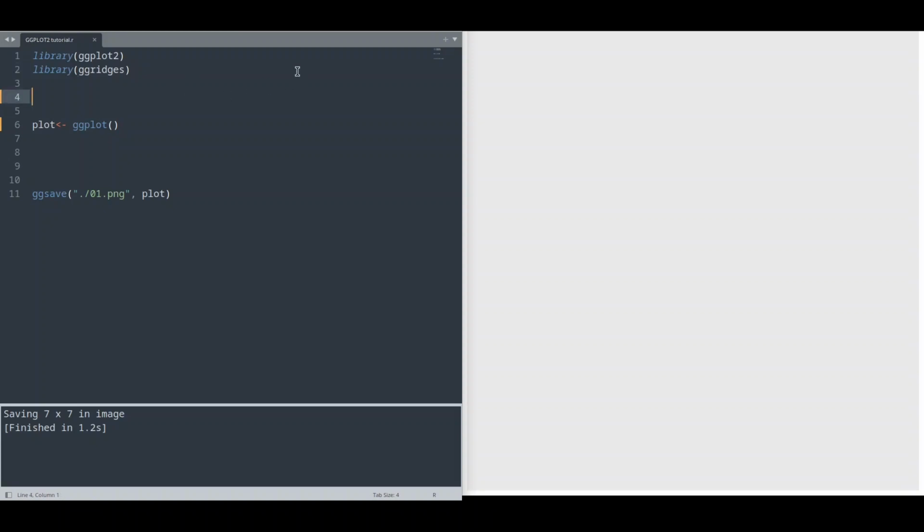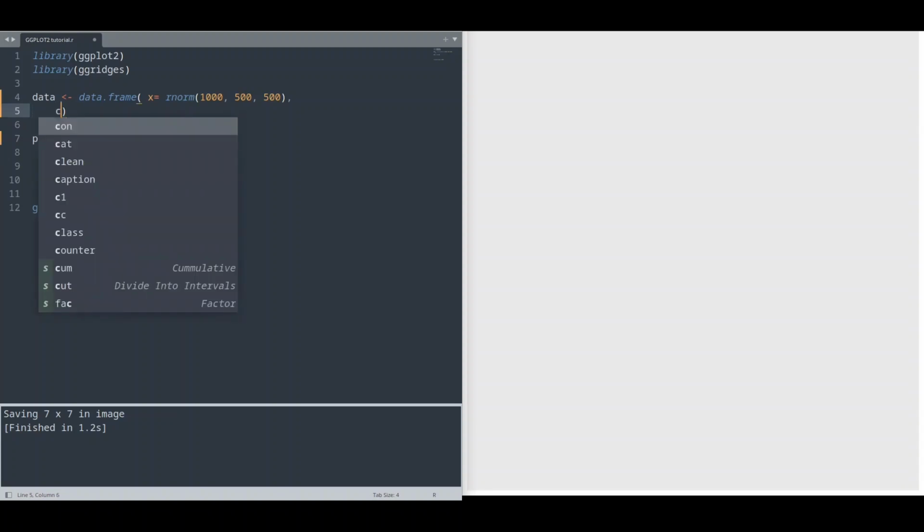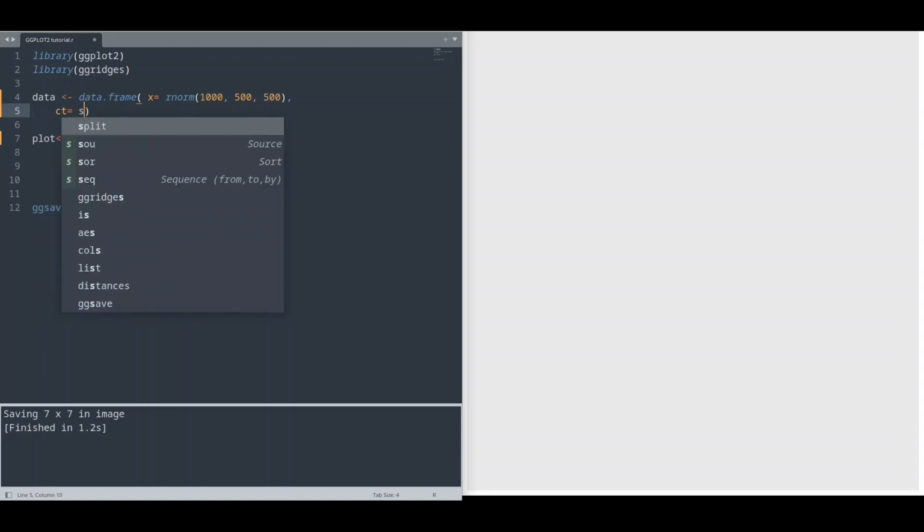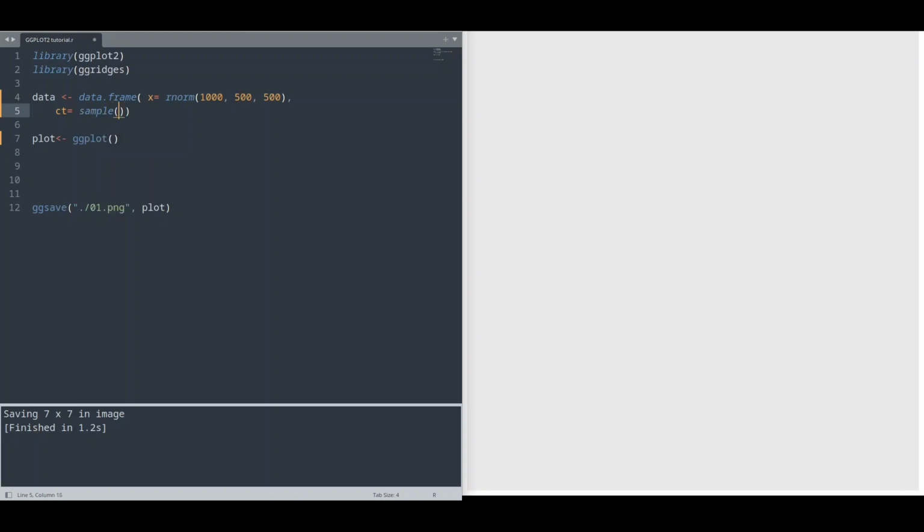And for the purpose of this tutorial, I'm going to create one data frame with a bunch of random values. X is going to be generated with the function rnorm, so I want 1000 values. Mean value is going to be 500. Standard deviation is also going to be 500. Let's say category is going to be provided with the function sample, and we're going to take names of